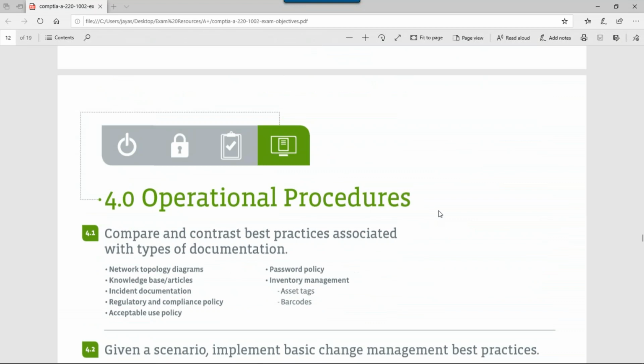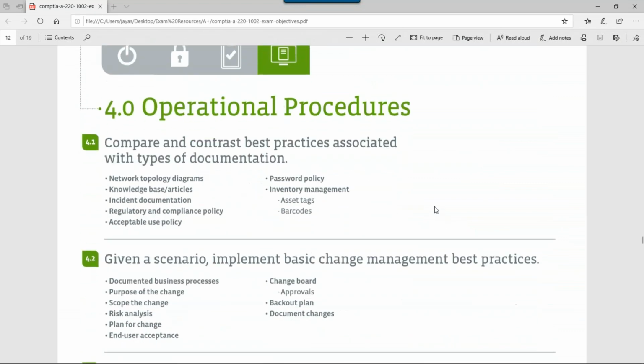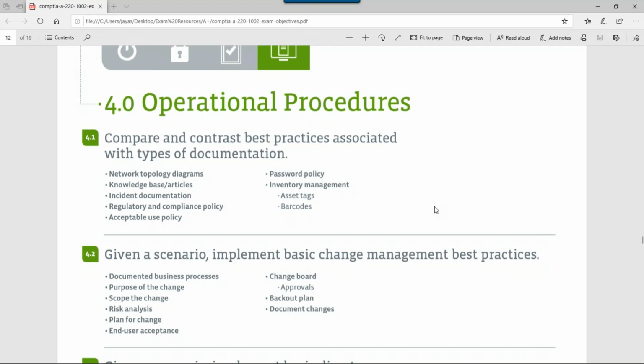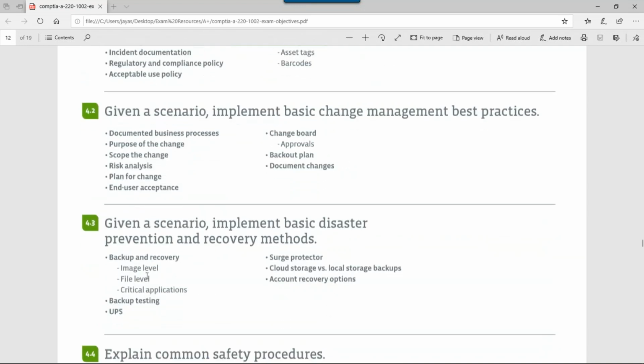I do want to touch on this area before I'm done, because this is a pretty significant area as well. Okay, this is probably 20, I forgot, like 22% or something like that, but you're going to see stuff here too. So just make sure that you do your homework here. Jason does a good job of covering a lot of this stuff, and there's other resources that I know some of you are already using that do a good job of covering this stuff too. So just make sure that you understand each and every sub-objective, every plot point, everything here is all in play.